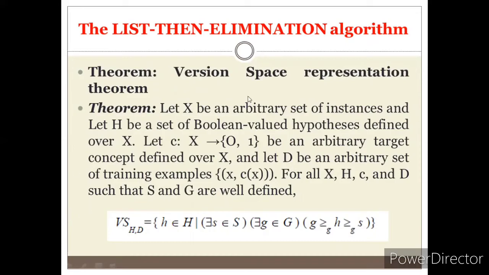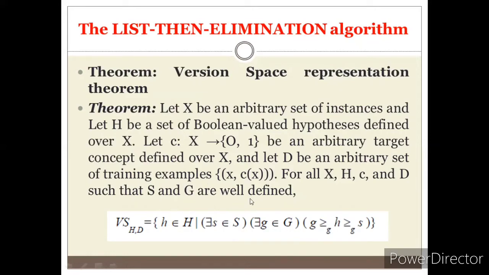So what the theorem says here is the version space representation theorem. Let X be an arbitrary set of instances and let H be a set of Boolean valued hypotheses defined over X. Let C be a function on X, that is a 0 to 1 Boolean function, an arbitrary target concept defined over X, and let D be an arbitrary set of training examples. For all X, H, C, and D, such that S and G are well defined,